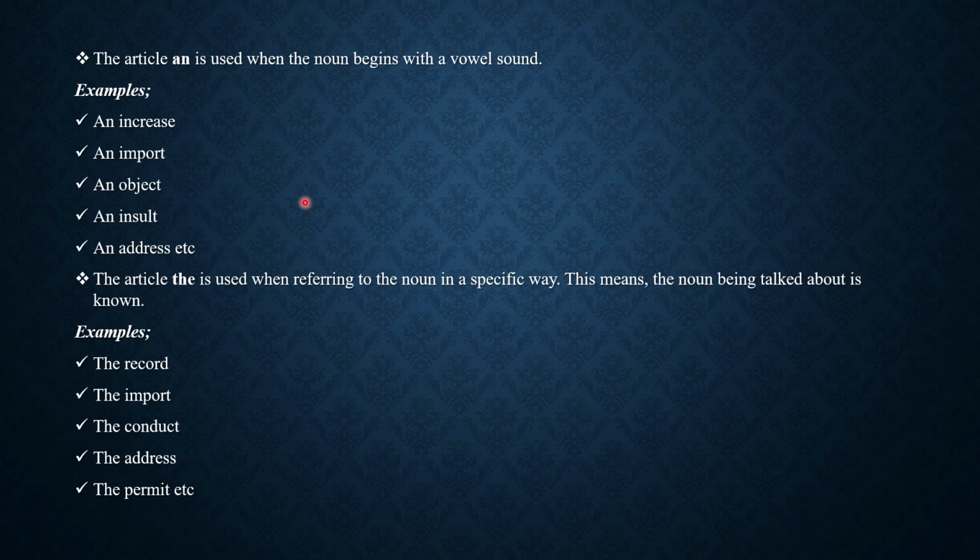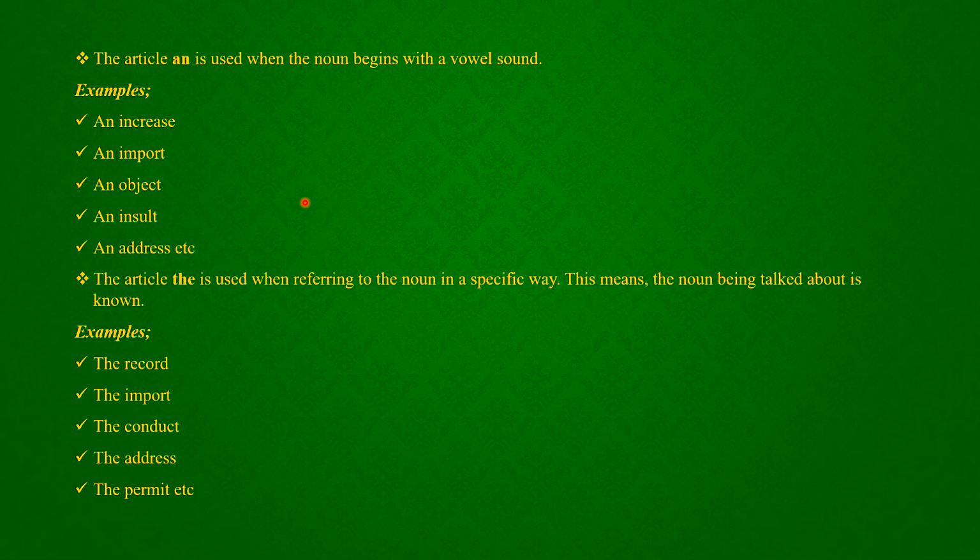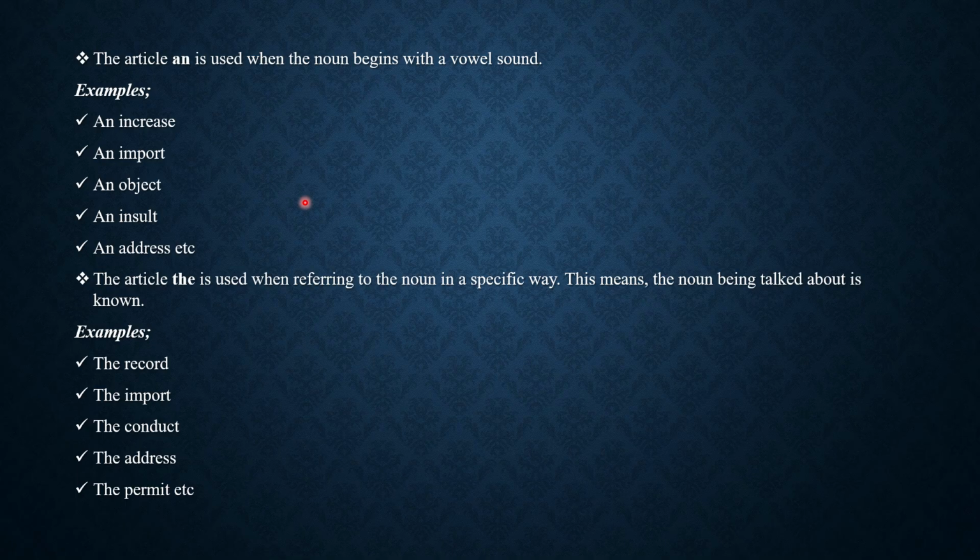When we refer to something that is not known to us, for the first time, we use the indefinite articles, either a or an. But when you talk about it for the second or third time, we now know what we are talking about. We are so definite, we are so specific, we make use of the definite article there. So, for example, here you have examples like the record, the import, the conduct,